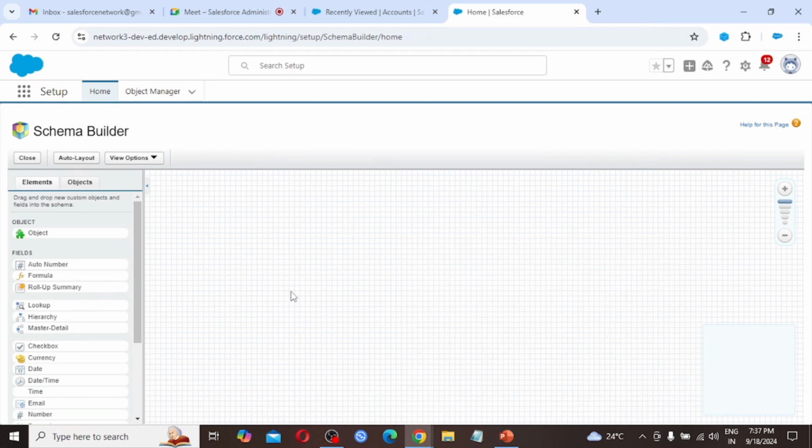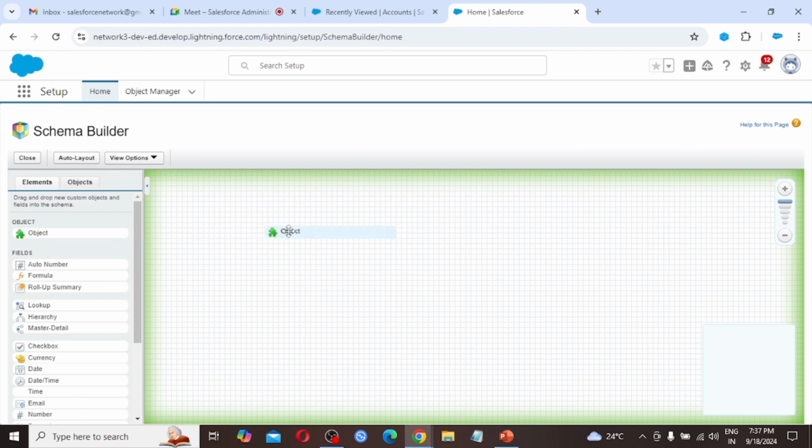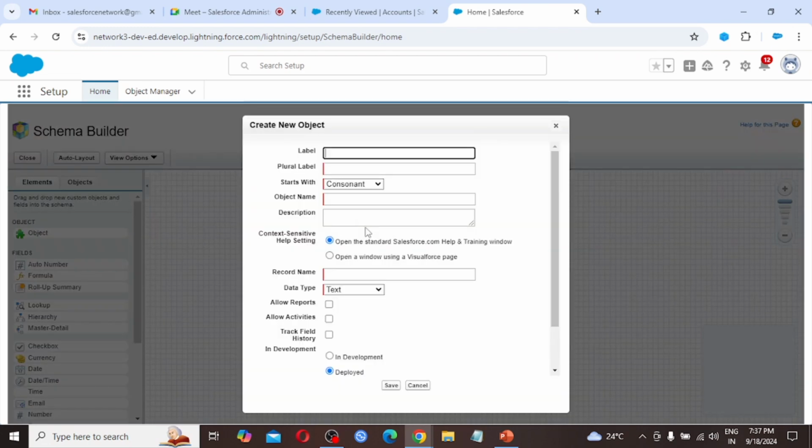So let's create a candidate object first. So simply what we have to do, drag the object into this canvas. Here we have to provide the label of the custom object, candidate, then plural candidates, starts with vowel or consonant.